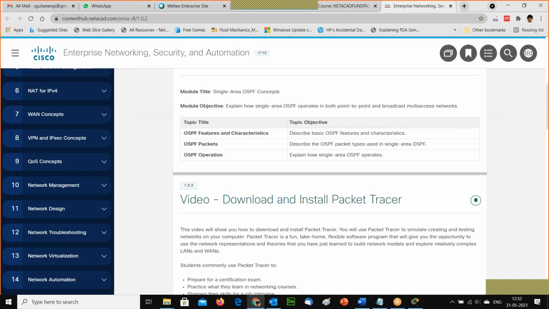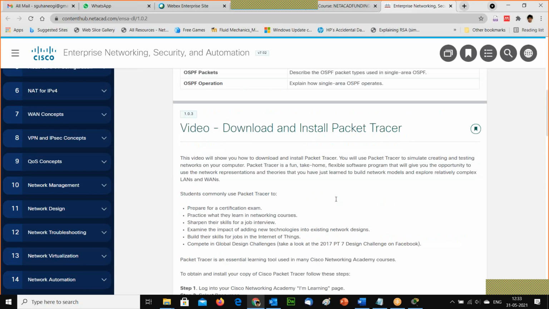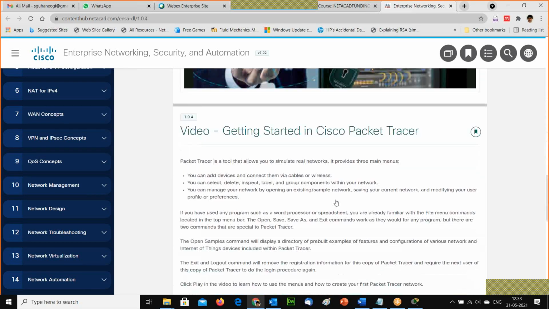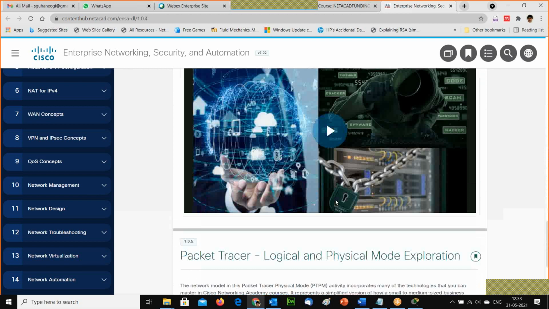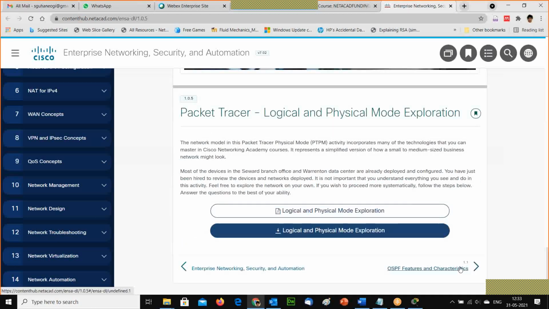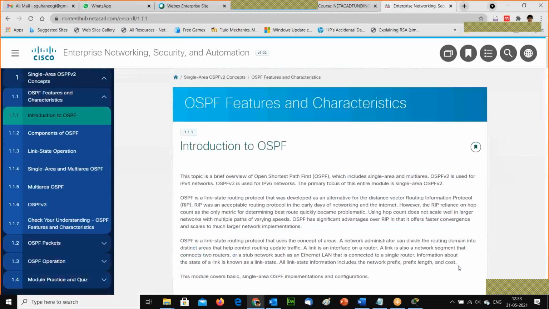I actually split them into different zones, or I can say different areas. We are having core area, not so stubby area, that is a part of CCNP. OSPF works on Dijkstra's algorithm. OSPF is open shortest path first.